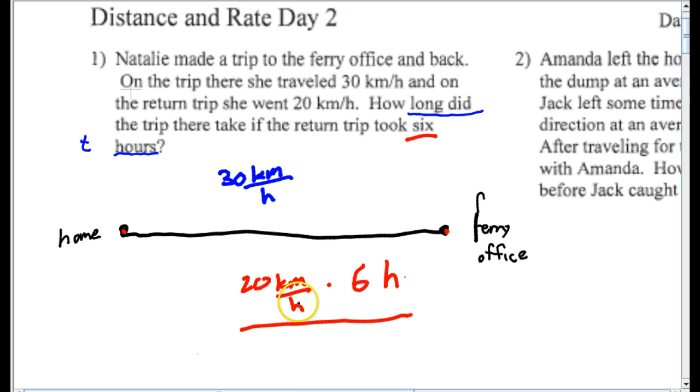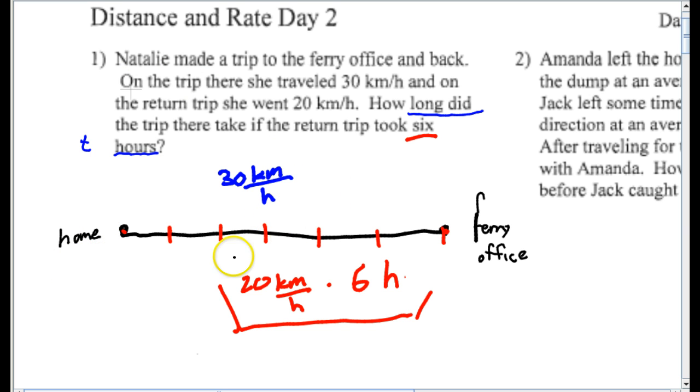So 20 kilometers per hour for 6 hours. How much? 120 kilometers, yeah. So 20, 40, 60, 80, 100, 120. So we can use the fact that it's 120 kilometers on the way back to help us figure out